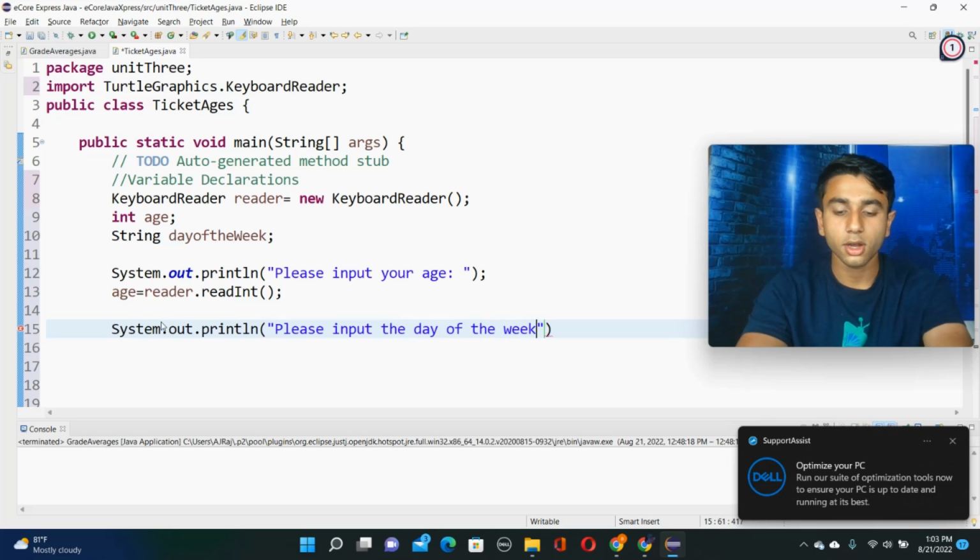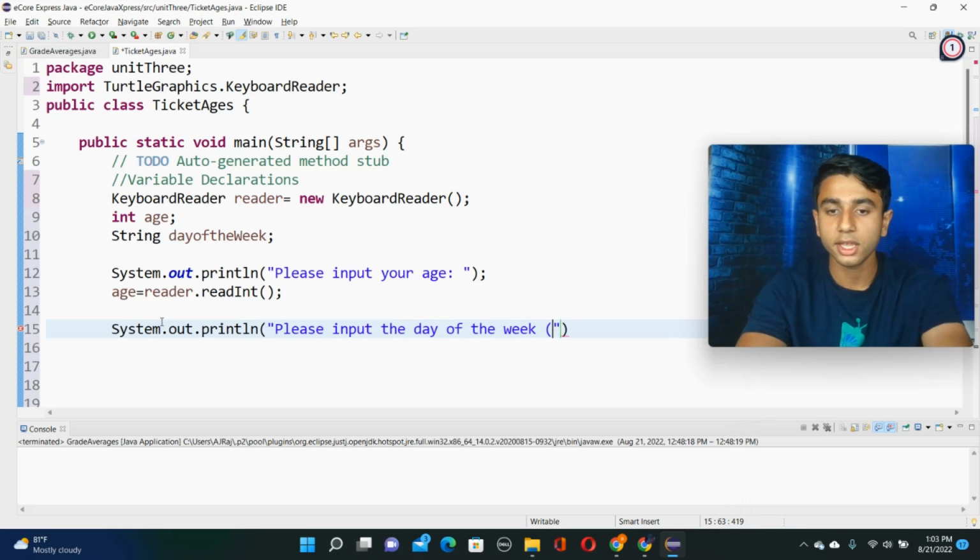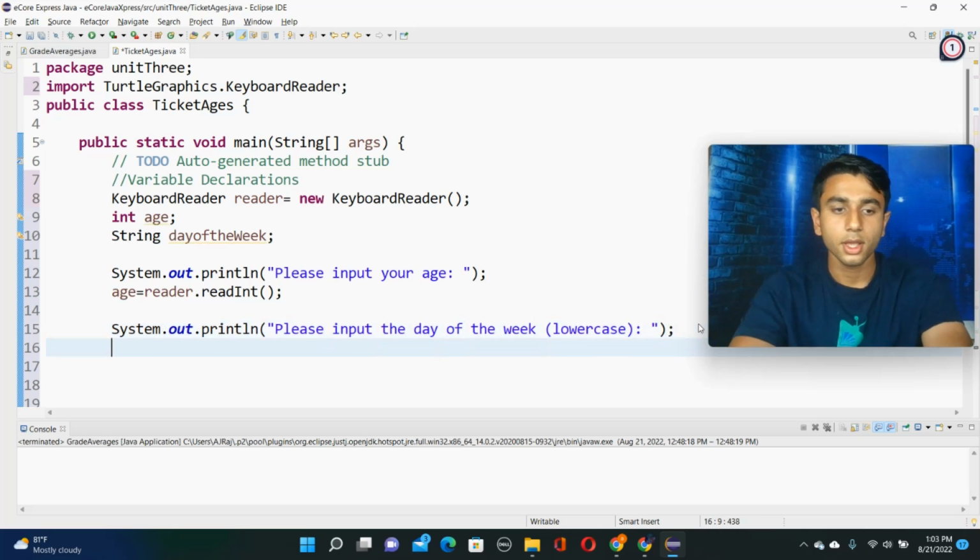For this, because it's going to be inputting text, you want to specify if you want everything lowercase, uppercase, and how you want it spelled. So we'll just say we want everything in lowercase. Colon, space. And then we'll end it off with a semicolon. And then after that, we're going to set our variable day of the week. We're going to set it equal to whatever the keyboard reader reads in from what the user inputs. So we'll say day of the week is equal to